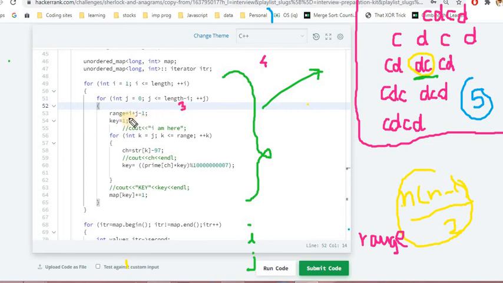First the range will be: i is 1, now j is 0, so the range will be 0. In our case loop k will be 0 and k is less than the range, so the range as of now is again 0. So this is valid for one loop only. So ch is the character we need in our ASCII form. So string[k], as of now k is 0, so the value would be C.